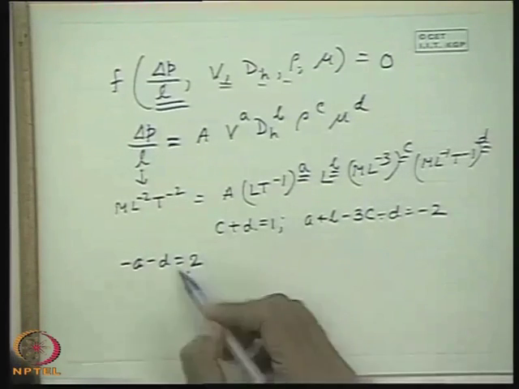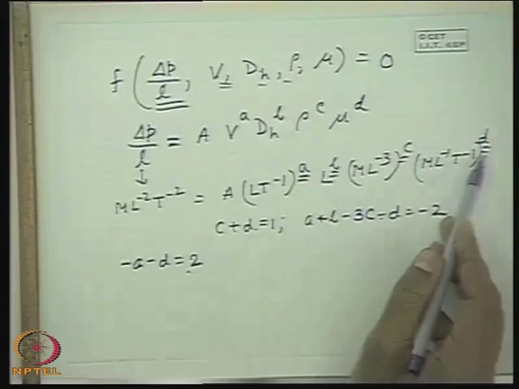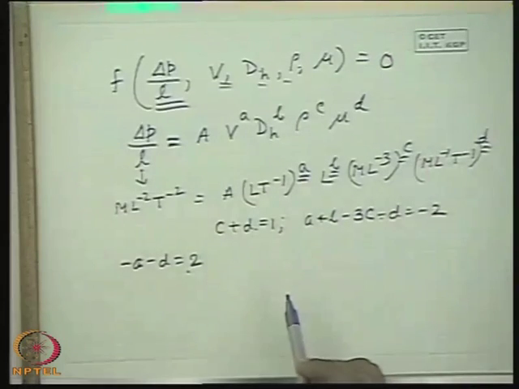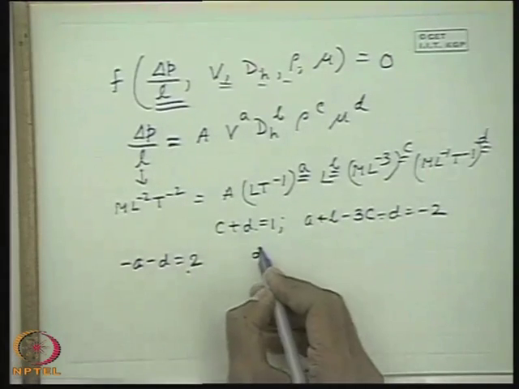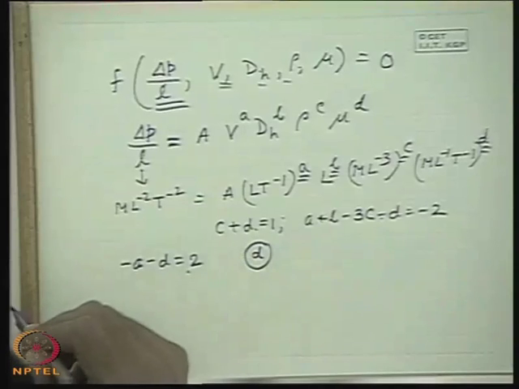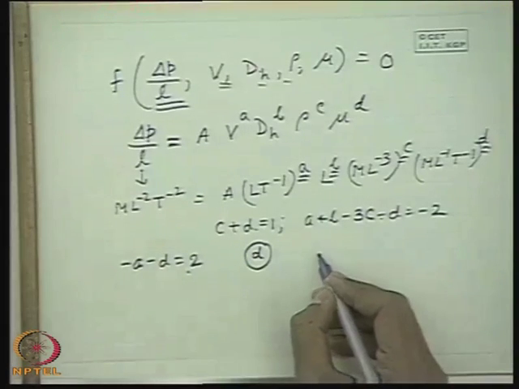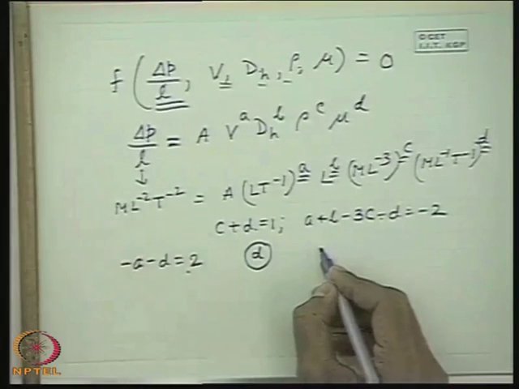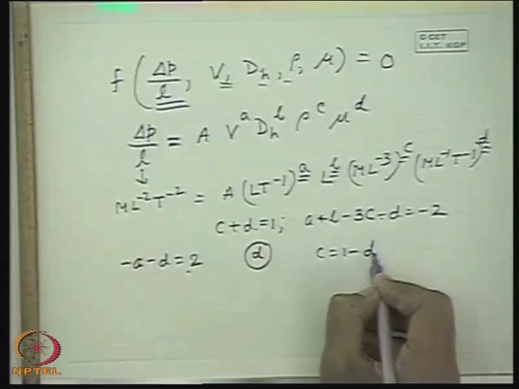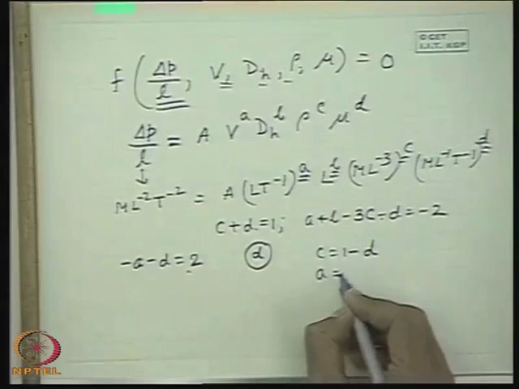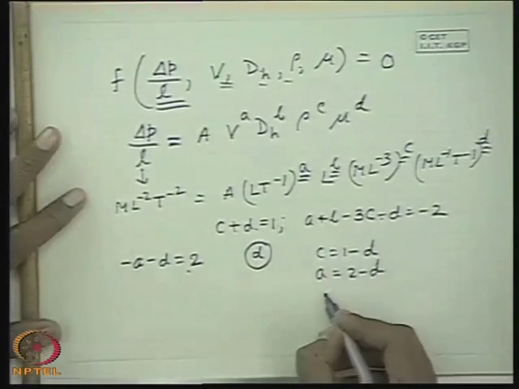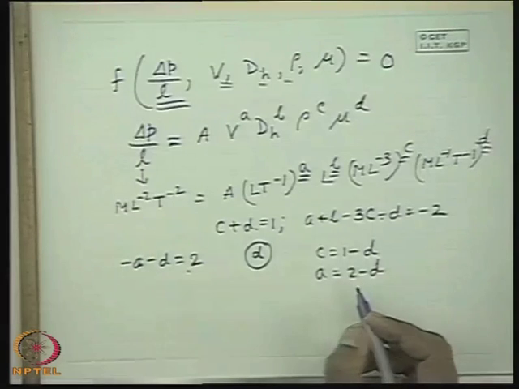So what we can do, 3 we can eliminate. That means we can express all the unknowns in terms of 1. Let us consider that we will express all the unknowns in terms of d. So what it comes? c is equal to immediately 1 minus d. a is equal to 2 minus d. And